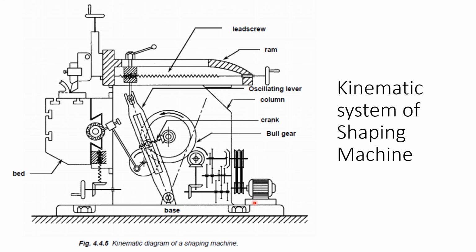The change in length of the stroke and position of the stroke required for different machining are accomplished respectively by adjusting the crank length, by rotating the bevel gear mounted coaxially with the bull gear, and by shifting the nut of the rotating lead screw. The number of strokes per minute is varied by operating the speed gearbox.